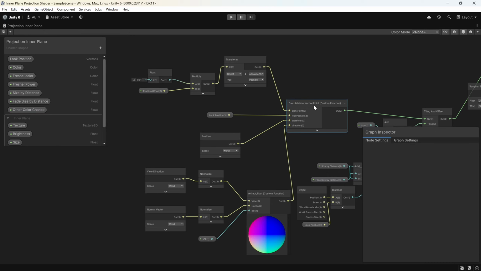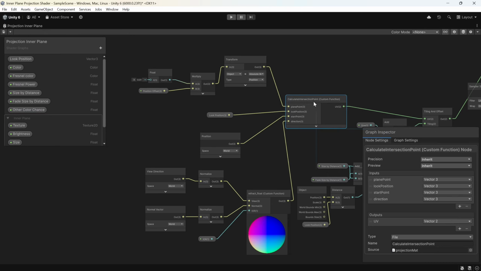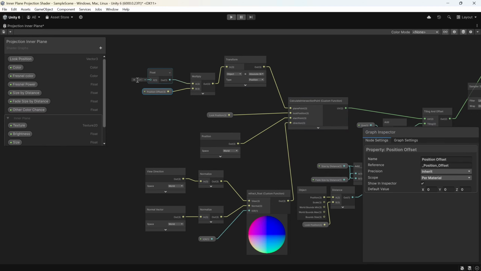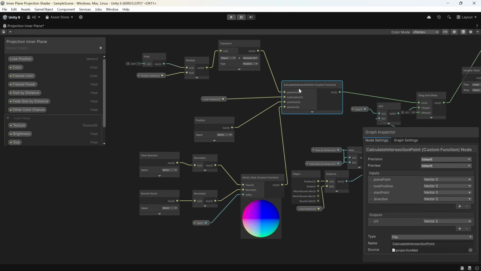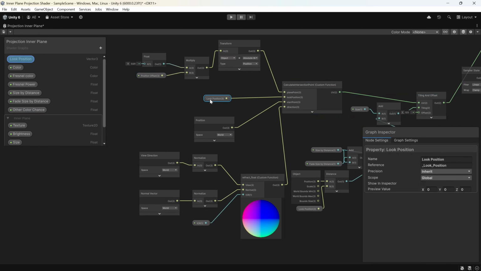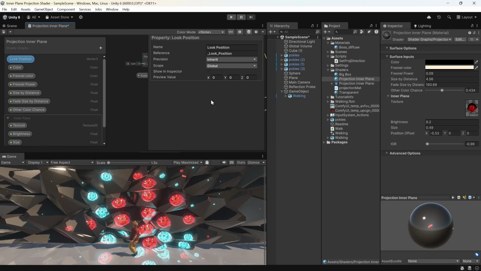This part is how the intersection between the view direction and that fake plane happens. It's a custom function. I'm going to show you the code in a bit. What I'm doing here is I'm getting the offset parameter, multiplying it by a small number just to make it easier to deal with, and then transforming from object space to absolute world space and providing that to the custom function. We have the look position, which is a parameter, and I'm not exposing it because the